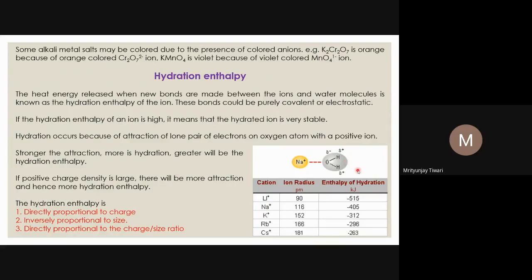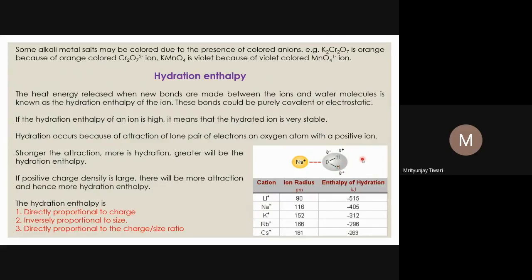Electrostatic interactions are very long range. If you look at covalent character, you need overlap of orbitals, and if two atoms are farther apart, the orbitals cannot overlap. If the sum of the atomic radii is smaller than the distance between them, their orbitals will not overlap, so there is no covalent character. But even if they are farther apart and have certain charge, they can interact at larger distances, and that is why electrostatic interactions are there.